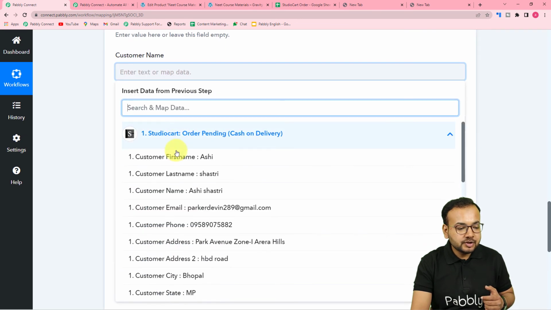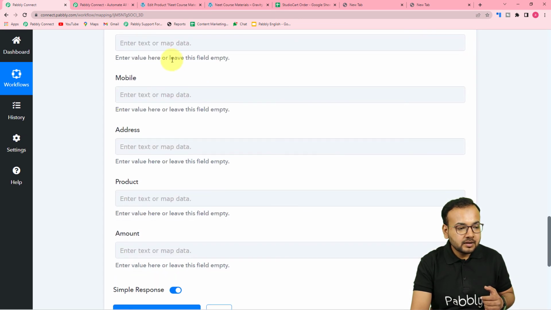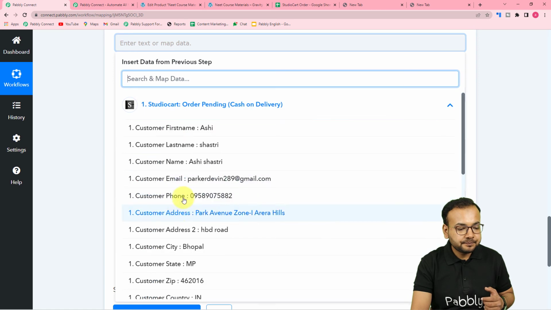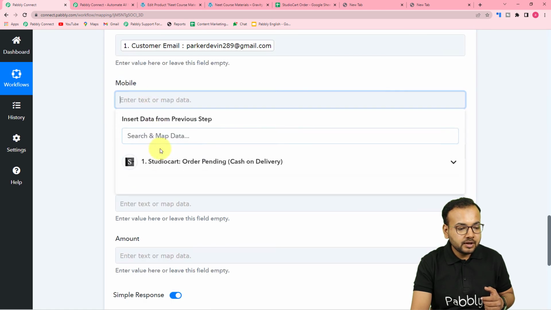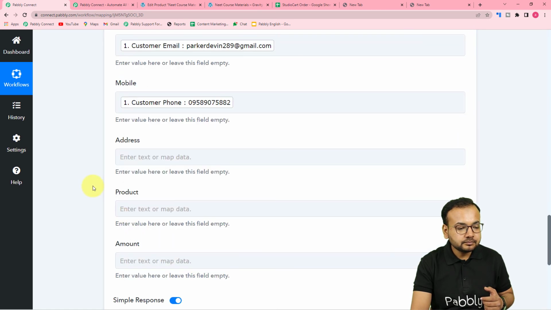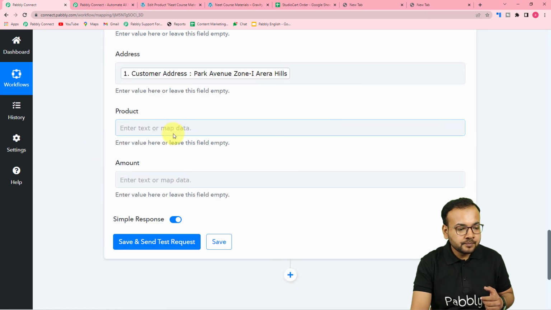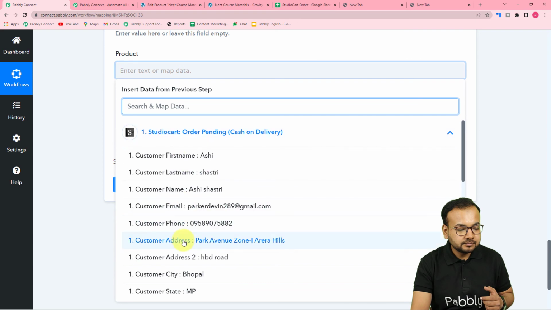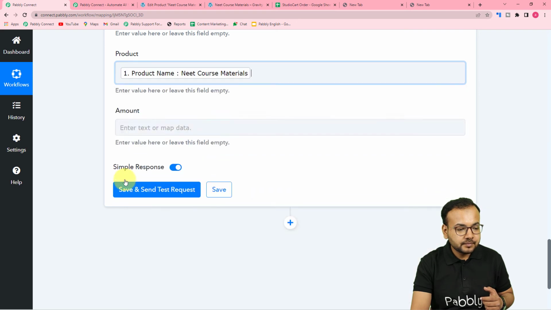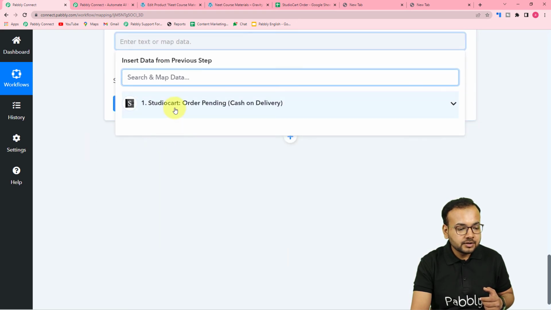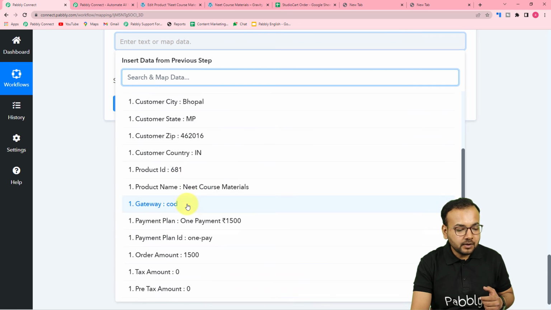Similarly, map the customer's name from here, the customer's email, the phone number, the address, the product, okay, and the amount. So this is how you can map all the things,